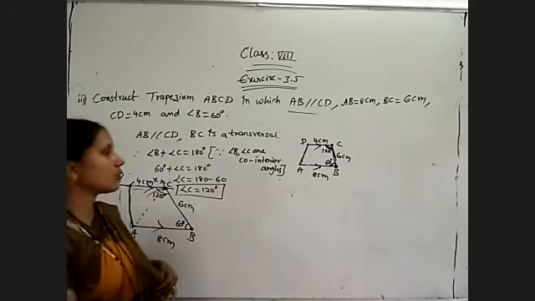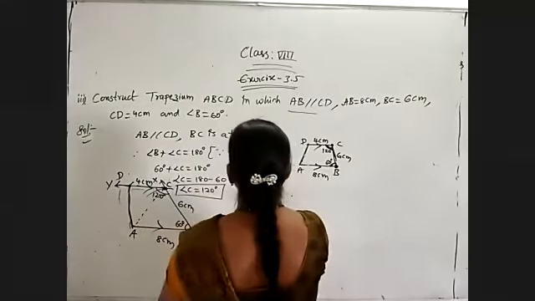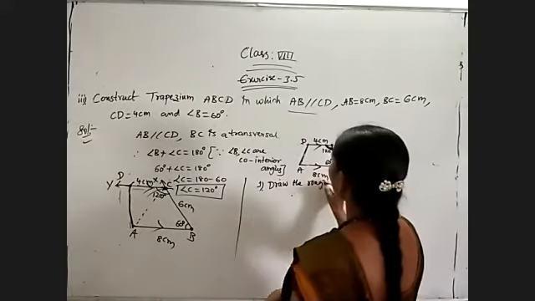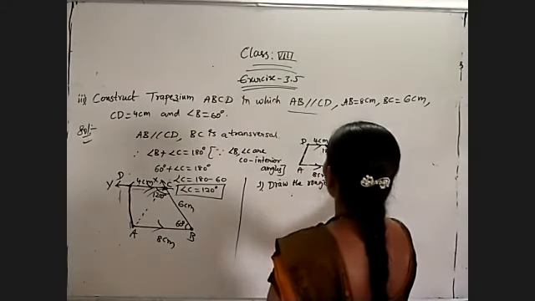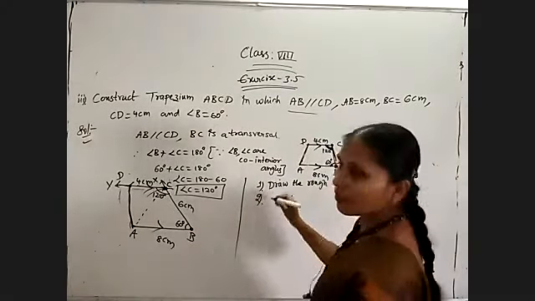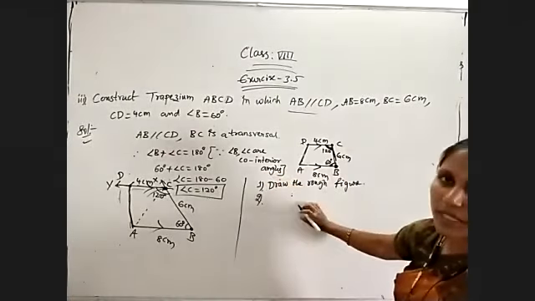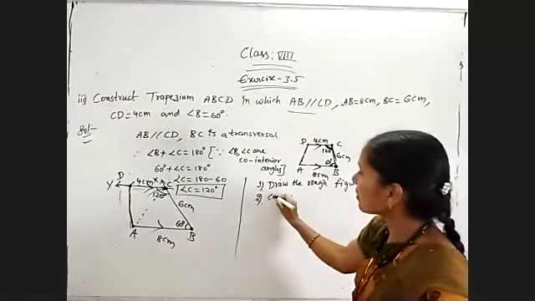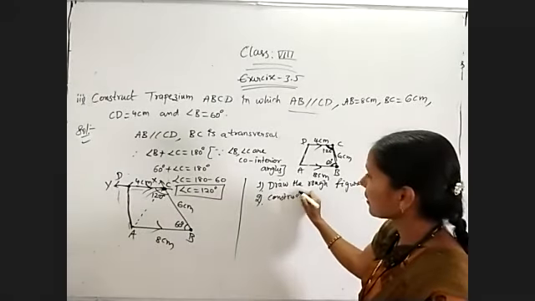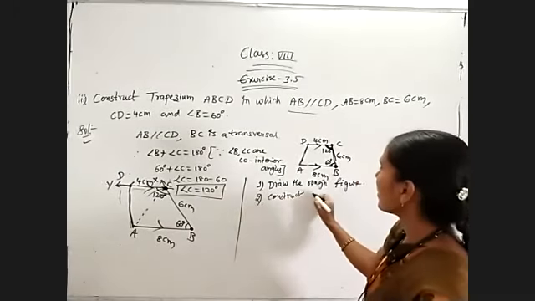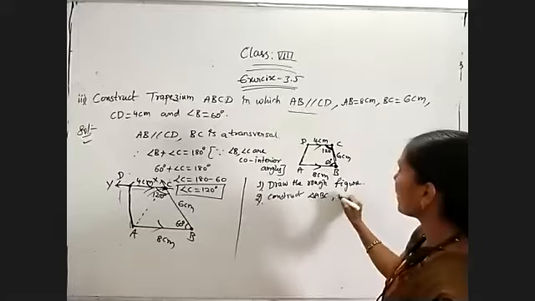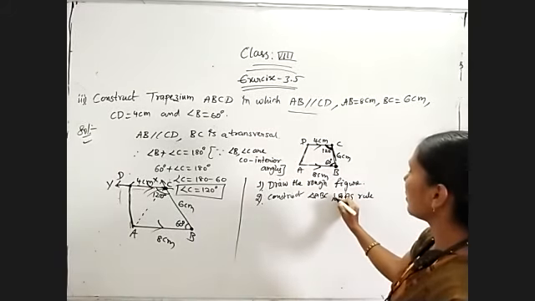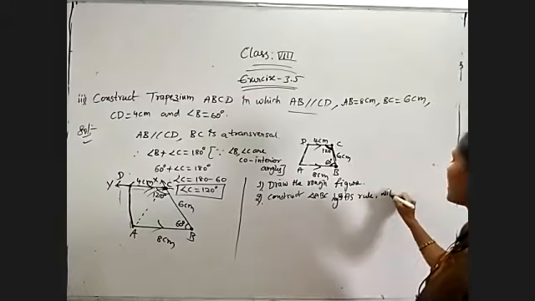Now what we have to write is the construction steps. First of all, draw the rough figure with the given measurements. And secondly, find out the fifth measurement also, but I am not mentioning it here, just the drawing I am mentioning. And so construct a triangle. What we have constructed first is the triangle ABC. Construct triangle ABC by the SAS rule with the given measures.